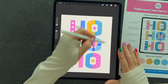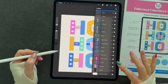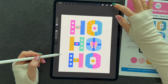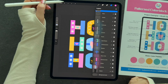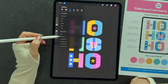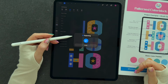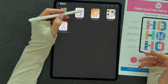If you're familiar with my work, I like to add a lot of extraneous details and marks. So if you are done with this and you wanted to, let's say, send it to your computer to print holiday cards, what I would recommend doing is coming down, turning your background color off, clicking the wrench icon, clicking share, and then exporting it as a PNG file, either to your computer or phone, wherever you want to share it. I usually airdrop it to my MacBook, and then that's where I open it in, say, Photoshop and create